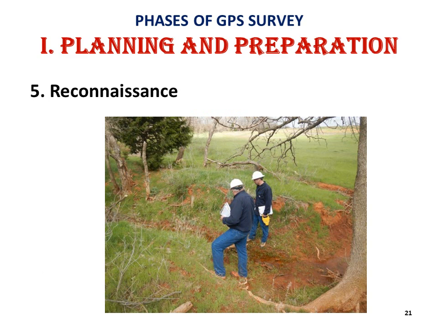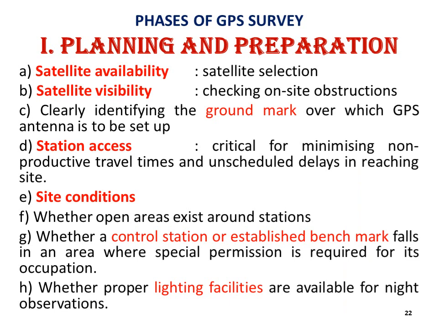And fifth is reconnaissance. I hope this word is familiar to you from surveying. Reconnaissance means that before starting a particular survey, we go to that particular site and observe the soil condition and the type of terrain. We collect the details visually, not using any instrument. That process is called reconnaissance. This is an important step in any surveying method.